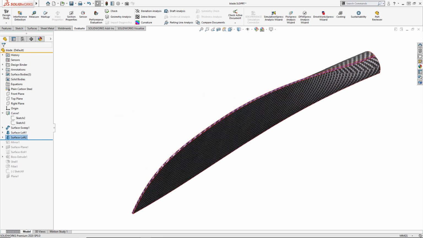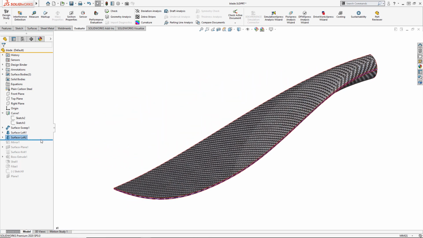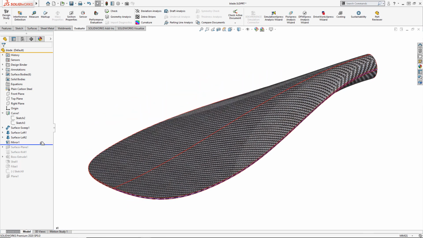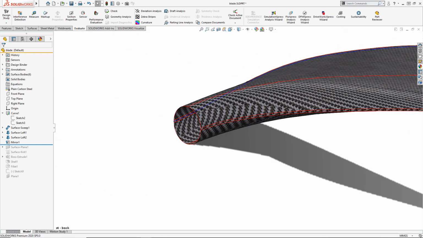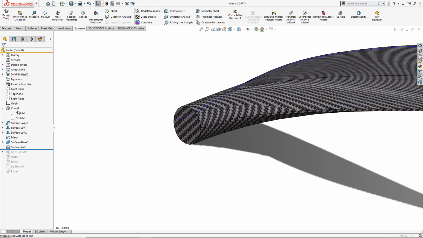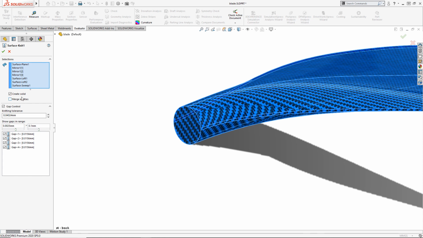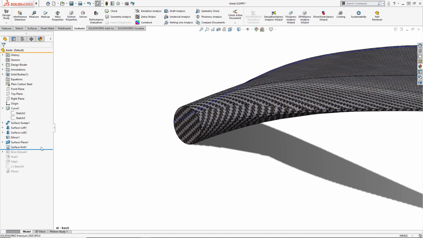With the blade being symmetrical, we can mirror the faces across the centre line to get an idea of the finished product. Although we're working in surfaces, generally the goal is to construct a complete watertight solid shape. So to do this, we must fill any remaining gaps. In this case, it's the end of the paddle that needs to be filled. We can then knit all these surfaces together and form a solid geometrical shape. The rest of the design is now finished off with regular features.